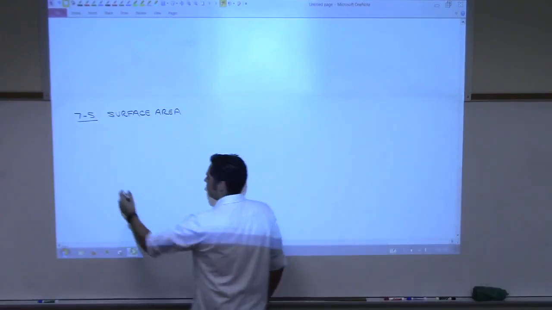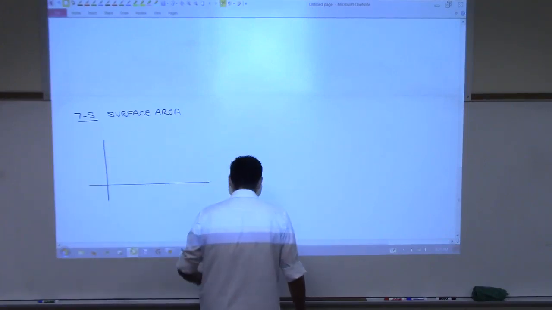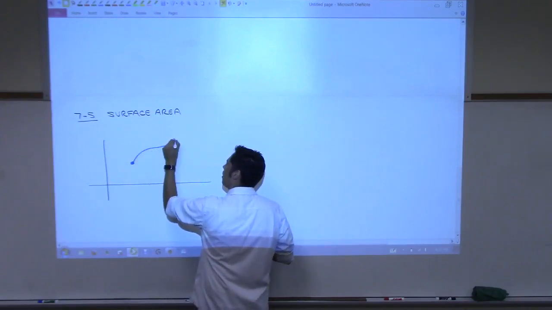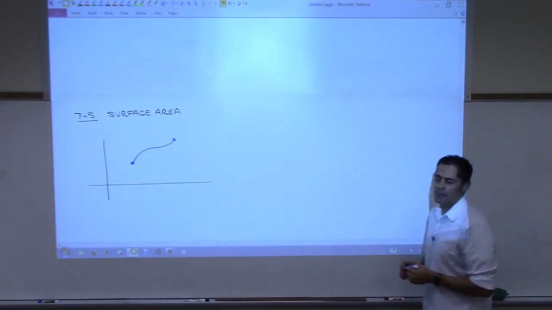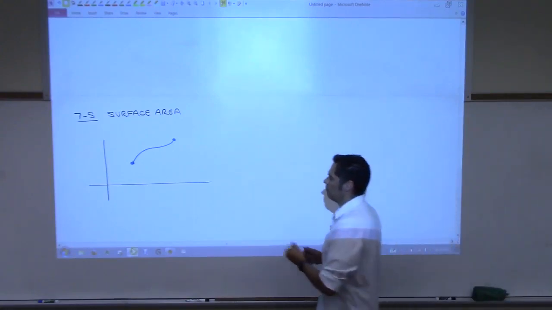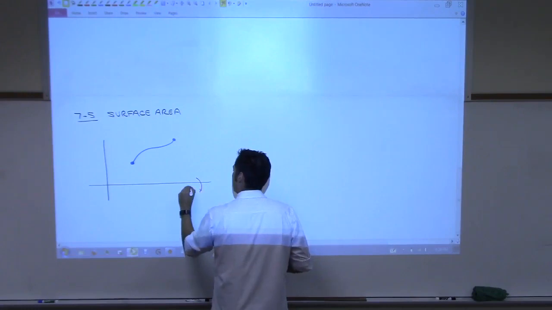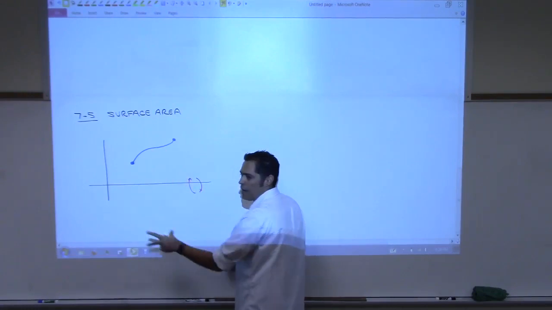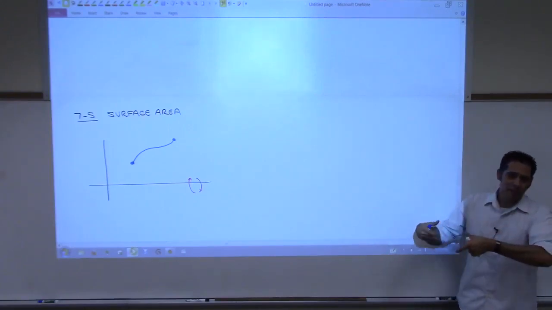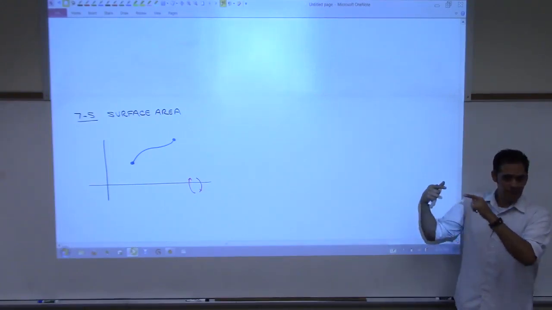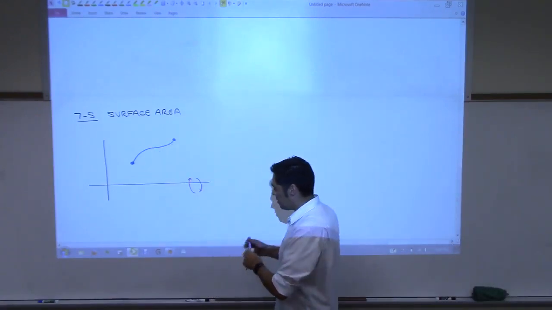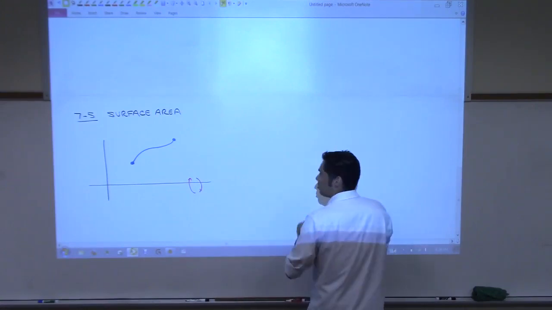Let's go back. Almost the same problem we just had. You've got this curve sitting here. We just found a way to measure its length. Now I'm going to wrap it around the x-axis again. But this time, I'm not wrapping a region around. Remember, when we were wrapping before, we were wrapping an entire region around, and that region was creating a solid, wasn't it? This time, if I just wrap just this curve around, it's going to create this weird shape,